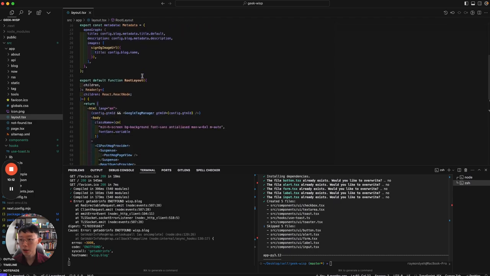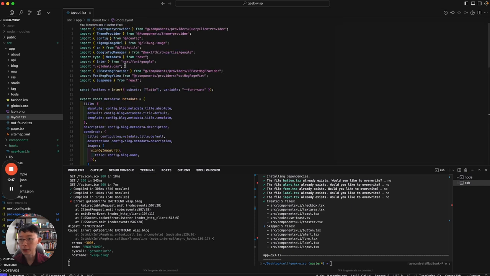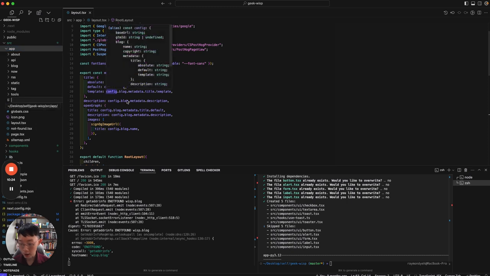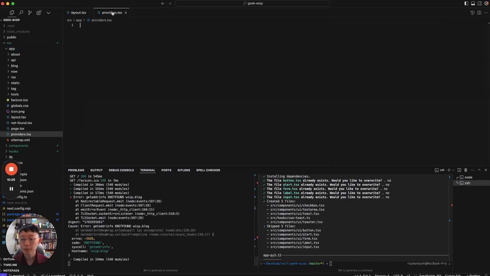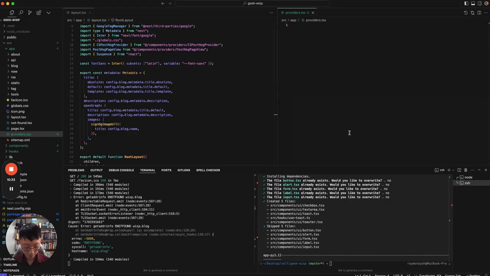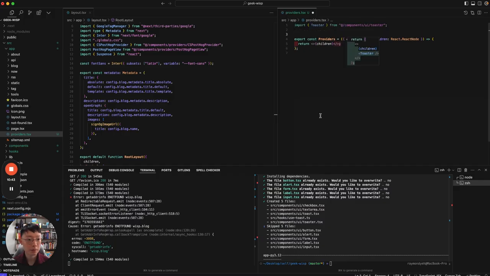So over here, I will need to add in my toaster component, but my layout right now is server rendered. So the best way to do this right now is actually to have a new provider.tsx, right? And then, okay, I will actually import toaster, and then